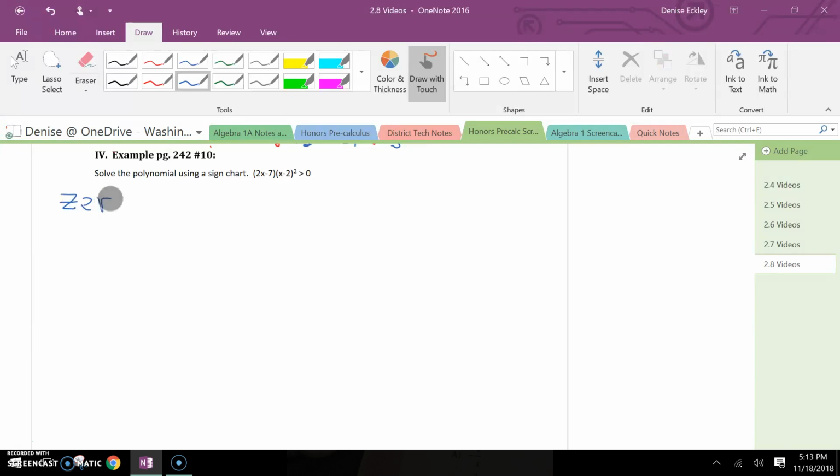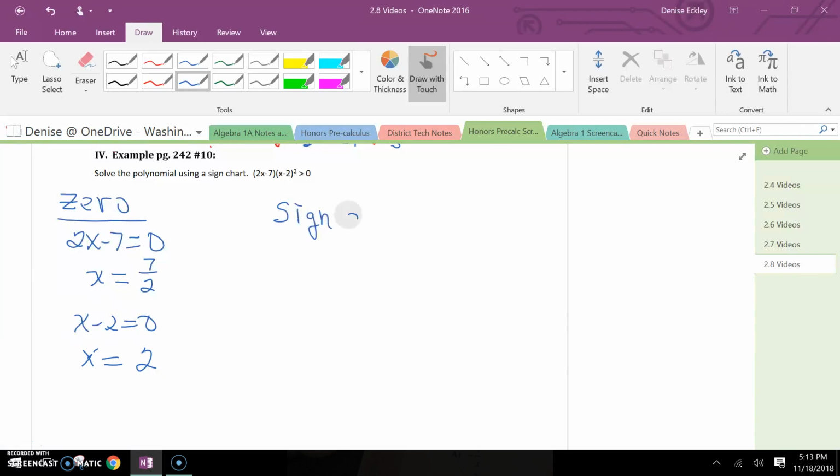And again, this is similar to number 1. It's already factored, so we just have to set the factors equal to 0 and find our x-intercepts. So one of them is 7 over 2, and the other is going to be 2. So we have one repeated root, so that means we only have two distinct zeros. So setting up our sign chart,